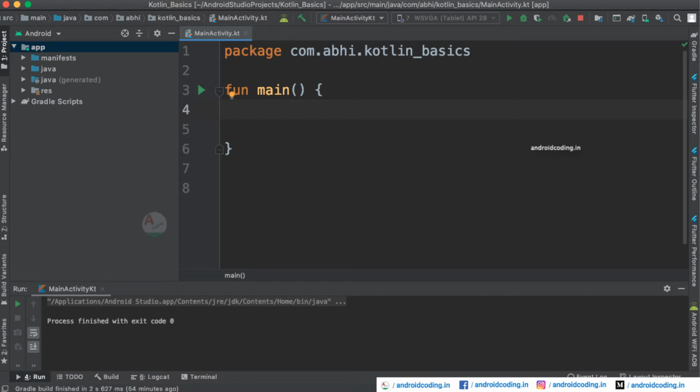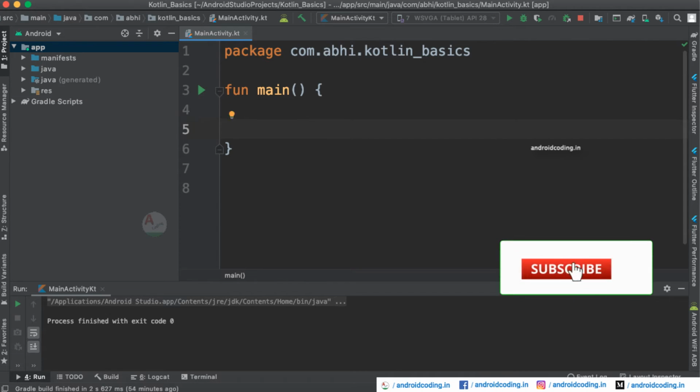In our previous tutorials, we have seen the basic introduction to Kotlin, variable declaration, data types and looping conditions. If you have missed them, I have provided the link in the description section below. I request you to go through them because you will have a good knowledge of what Kotlin is and how we need to program in Kotlin. If you already have basic knowledge, you can skip them and start with this tutorial. What is a null and how can we handle null in Kotlin?